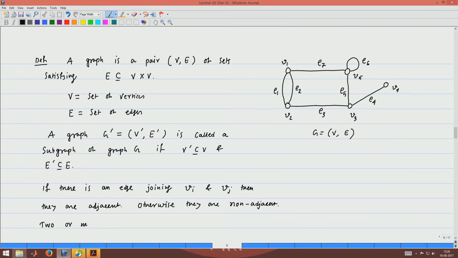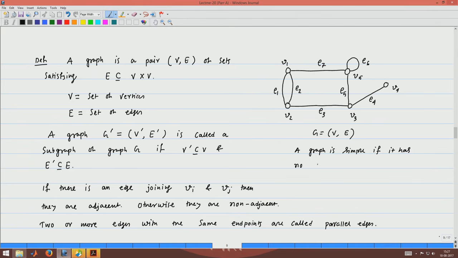Two or more edges with the same endpoint are called parallel edges. And a graph is simple if it has no loops or parallel edges. So, for example, here